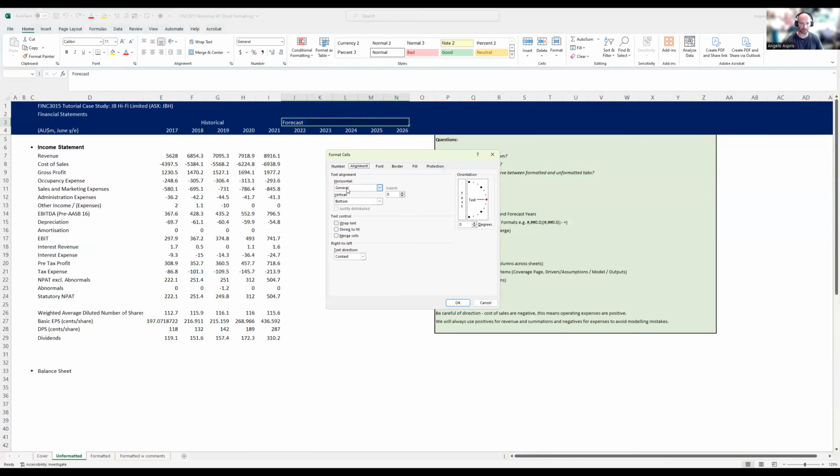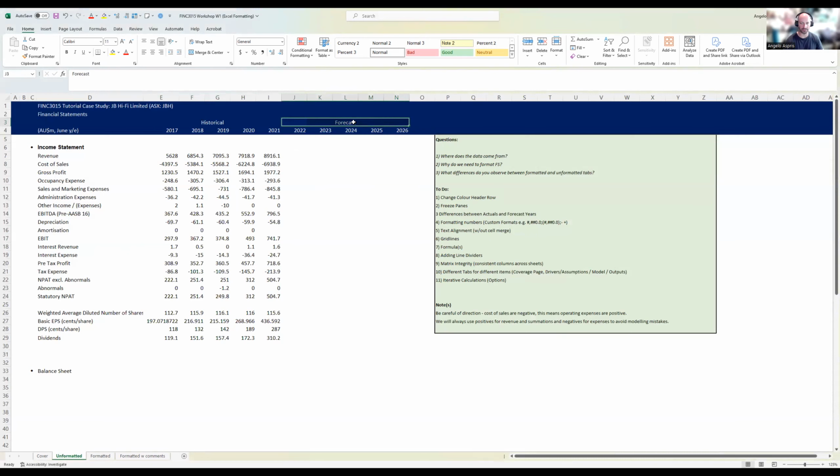Now, I'd recommend that you do this in the way that I've just mentioned, as opposed to trying to merge these cells and centering it after you merge the cells. Because the problem with merging cells in Excel is that when your model becomes a lot more complex, if you've got cells that are merged, when it comes time to moving things or referencing things, it requires you to break those cells, and that can cause all sorts of issues with your model. So that's the simplest way to